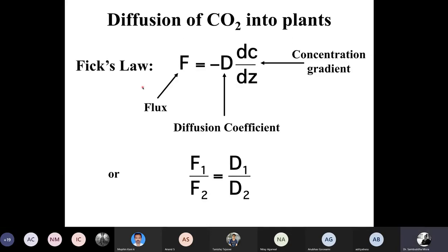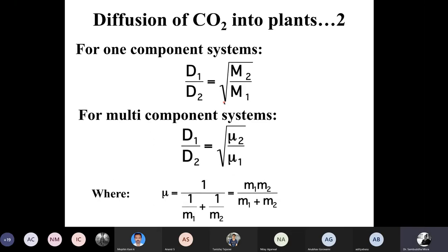Now, why does diffusion cause fractionation? From simple Fick's law, flux is minus D dC/dz, where D is the diffusion coefficient. The diffusion coefficient for a one-component system can be expressed as the square root of m2 by m1. For a multi-component system, it's the square root of mu2 by mu1, where mu stands for the reduced mass. And following that principle, what we can say is that